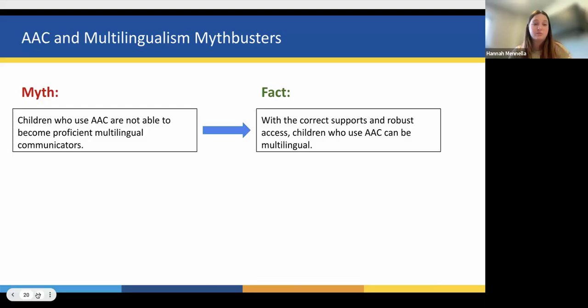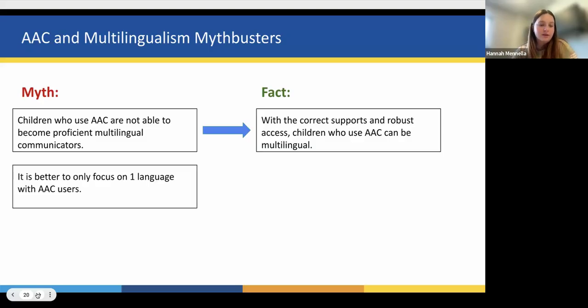With the correct supports and robust access, children who use AAC can be multilingual. It is not an increased cognitive load. We know that young kids especially have the cognitive flexibility to pick up on two languages. And if it's modeled and they're supported, they absolutely can do that. Like that little one there, right? Clearly a multilingual communicator, even though she had a disability and was non-speaking.